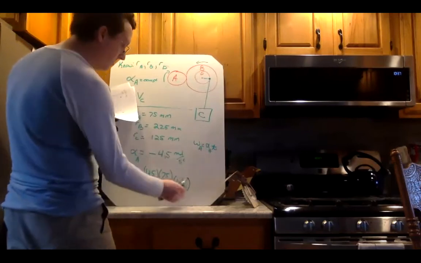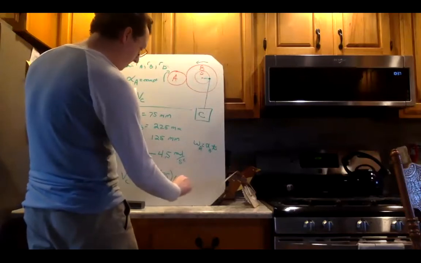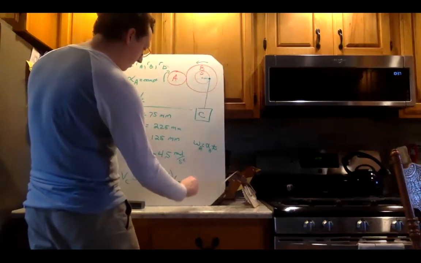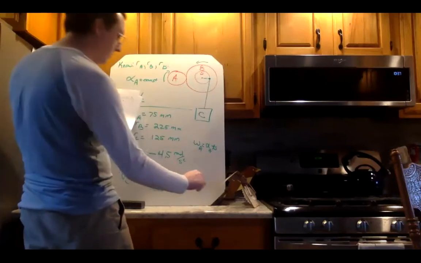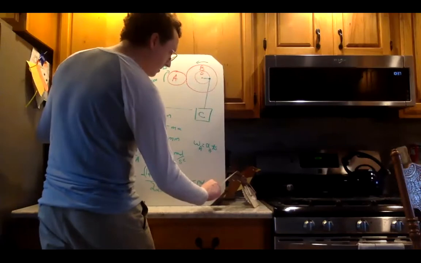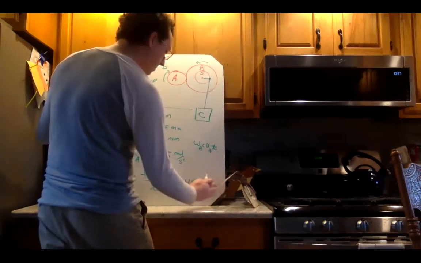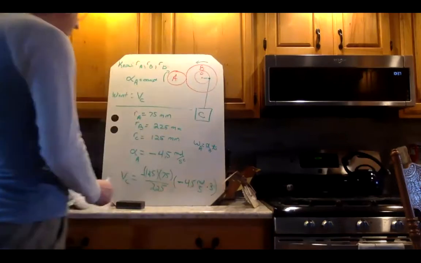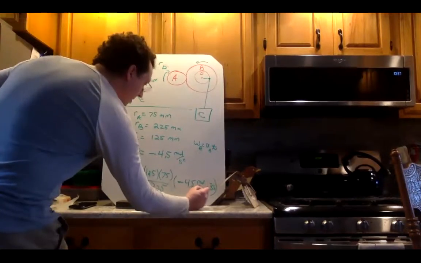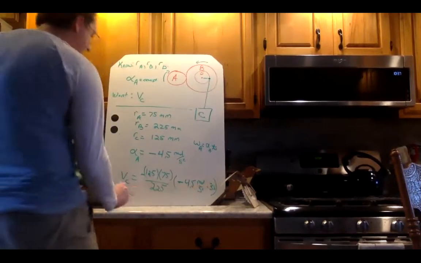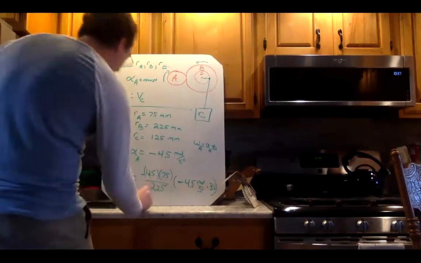So I can just substitute in here alpha, which has got a minus 4.5 radians per second squared, times the time, and they tell us to find it at 3 seconds. So I multiply all that out, and I ended up with positive 562.5